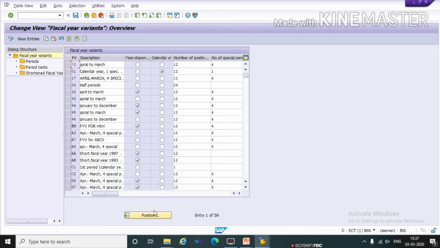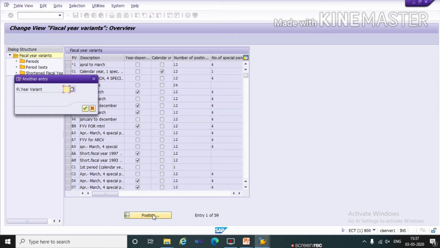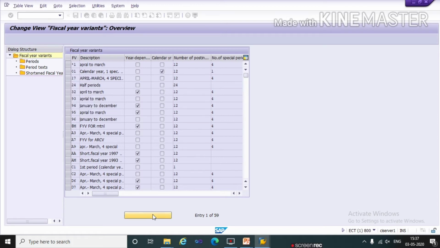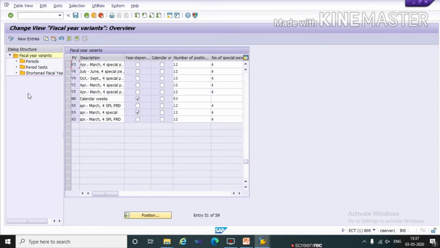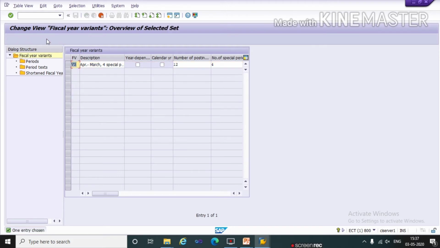Now click on this position and select the variant V3. V3 is a standard fiscal year variant for April to March. In India, the fiscal year variant is April to March. So we will select it and click on this copy button.